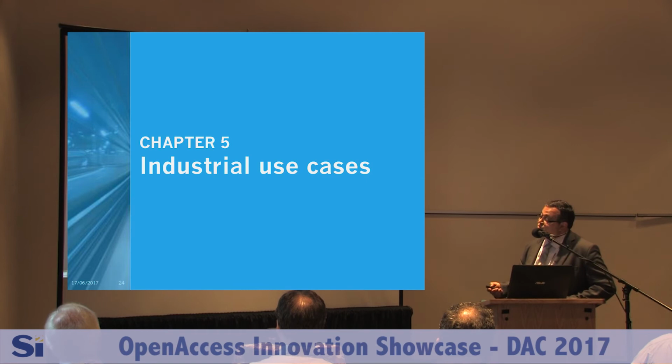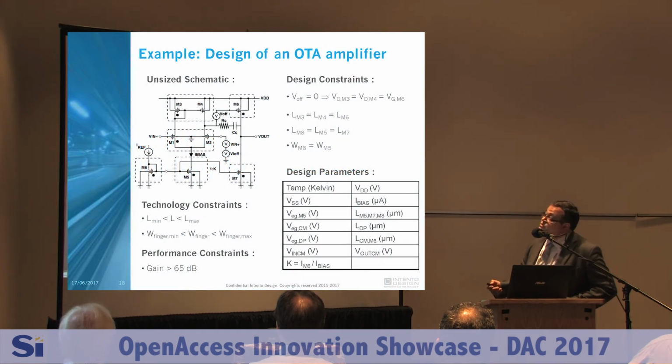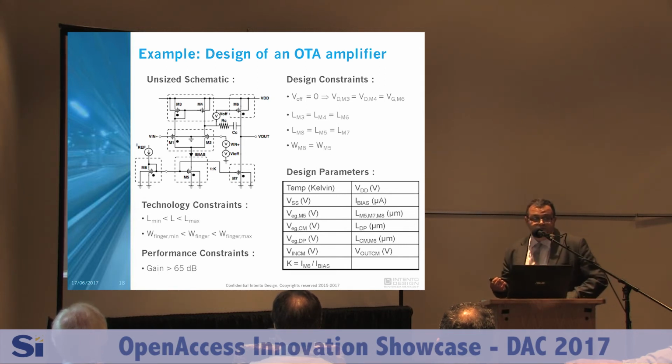So let's see what the concept is. So here we have an unsized schematic. We have technology constraints that are coming from the PDK, and we have performance constraints. So these three elements are used today in order to do simulator-based optimization. We have added two additional pieces of information. The first one is the electrical constraints that are not on the topology. We cannot deduce them from the topology, and they come from the expertise of the designer. So the designer has to document this, and this is what I call DC constraints. And we add design parameters, which are the set of parameters that the designer would like to control on